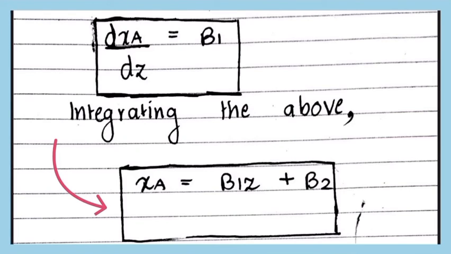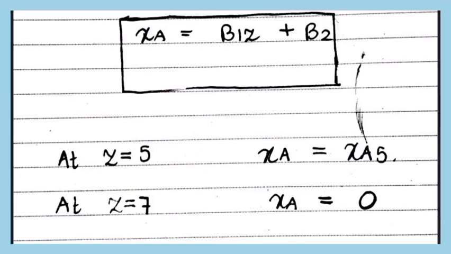Integrating dX_A by dZ, we get X_A equals B1Z plus B2, and B2 is the constant of integration. Now to the above equation, we will substitute